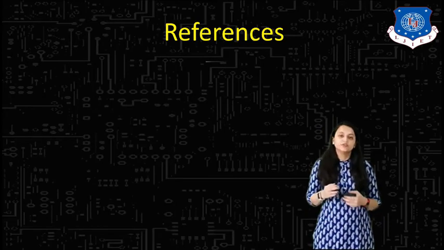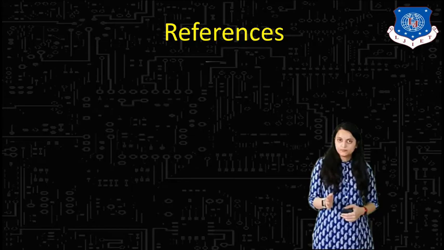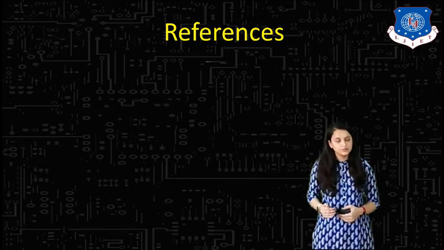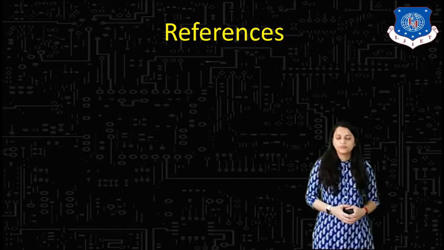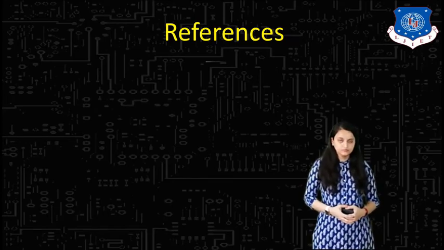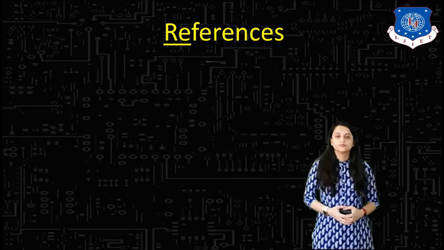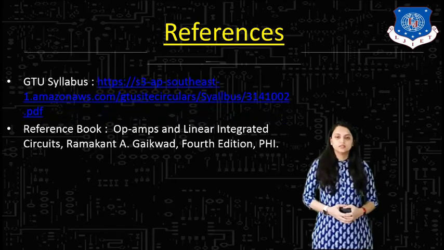If a non-inverting Schmitt trigger is used, the supply is given to the non-inverting terminal of the op-amp. If an inverting Schmitt trigger is used, the supply is given to the negative terminal of the op-amp. According to that, the output waveforms are generated. Schmitt triggers are very useful and important to understand. Now, these are the references for this.